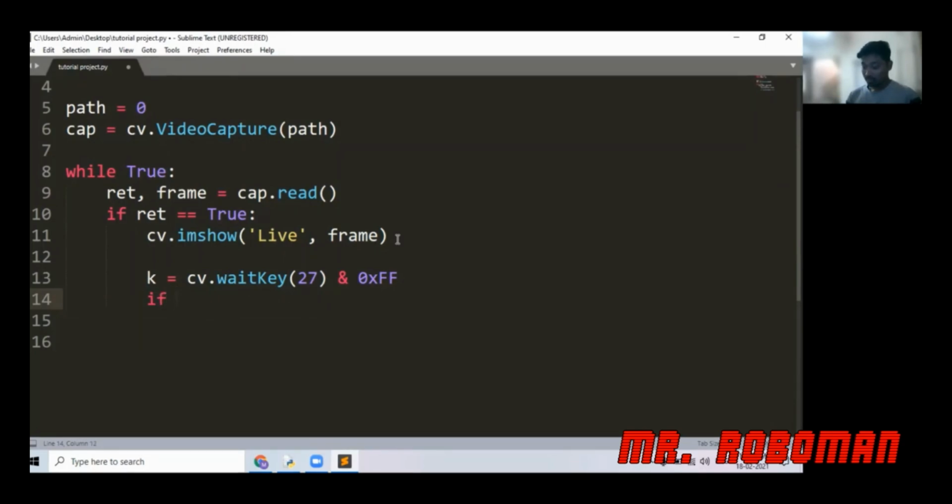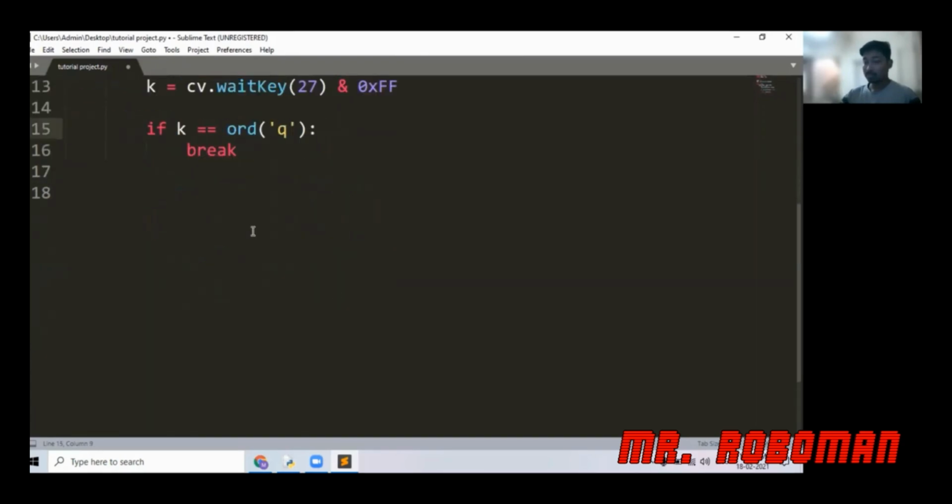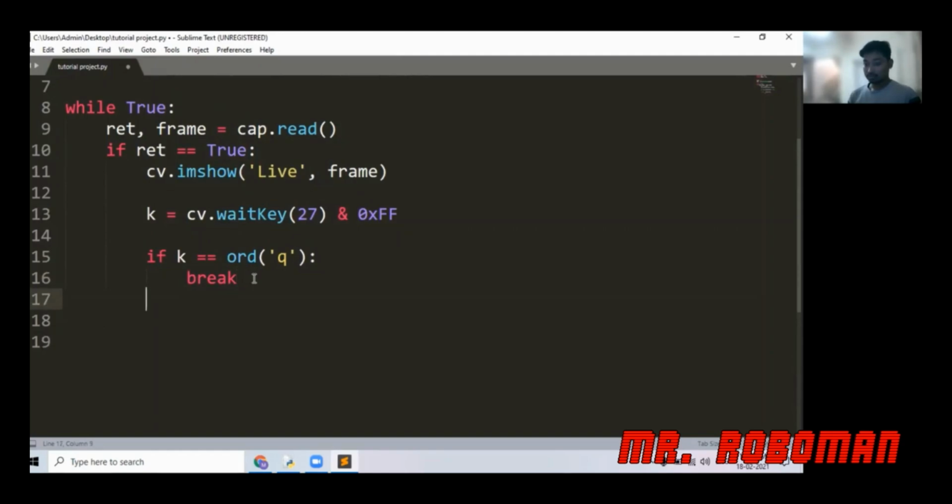Let's say if k equals ord from my keypad, let's say if I give q, then this q will be the break of the entire code. Python is really easy to write in any kind of program. And going forward, elif k equals ord from my keypad, let's say s, so I can save the same image, whatever image I'm reading, I can save it as well.